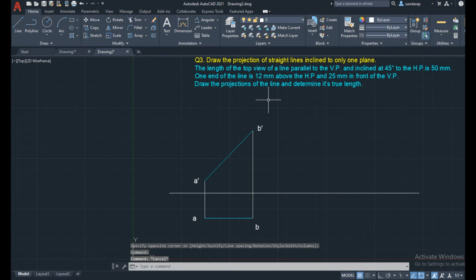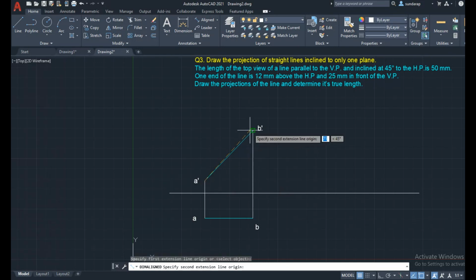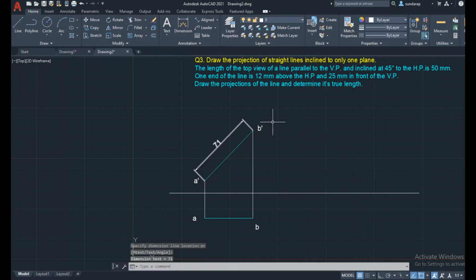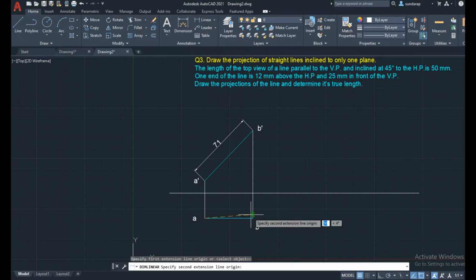The question is to determine the projection of the top view and front view of the line, and also its true length. So use a dimension; here you can use the aligned one because it's an inclined line. The true length of the line we have determined is 71 mm, and as per the given, the top view length is 50 mm.